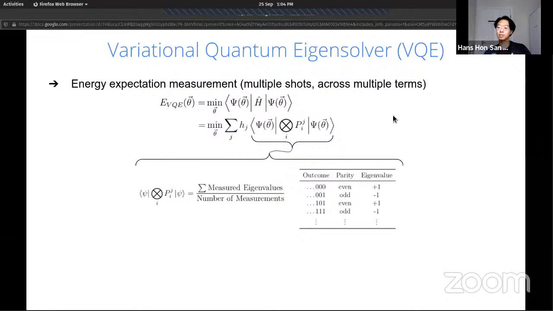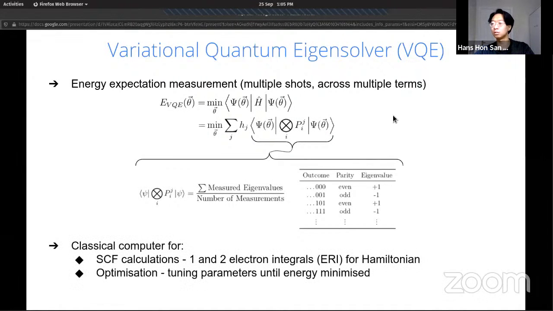The energy is measured multiple times per term to get an average. And you repeat this for each Hamiltonian term and tally up all the contributions to get your total energy. All that's left for a classical computer to do is to run some standard SCF calculations and tune the parameters in the quantum circuit so as to improve the quality of our simulated wave function and the accuracy of the